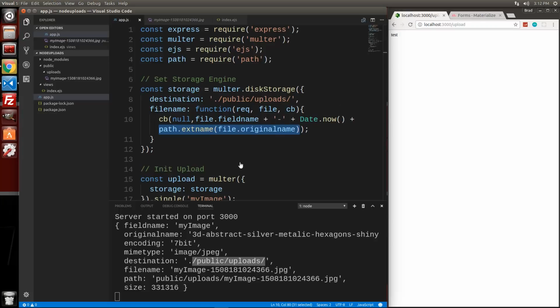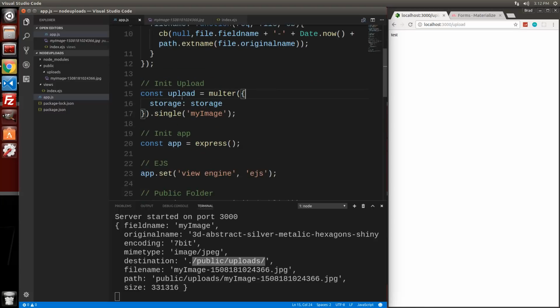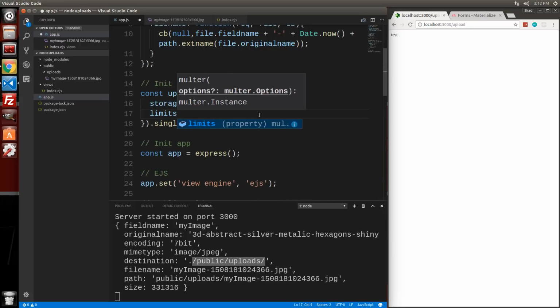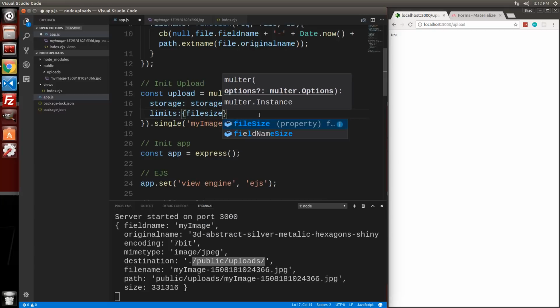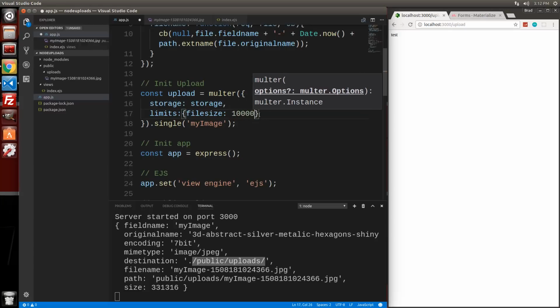Now let's say we wanted to implement a size limit. Okay, so size limit is really easy to implement. All we have to do is go down to where we have our upload right here, and in addition to storage, let's put a comma here, and we can say limits, set that to an object, and we'll say file size, and then set that to a number of bytes. All right, so what I want to set it to is 1 megabyte, which is going to be 1,000,000 bytes. So 1, 2, 3, 4, 5, 6. Now, just to test it out, I'm going to put 10 bytes. So let's leave it like that